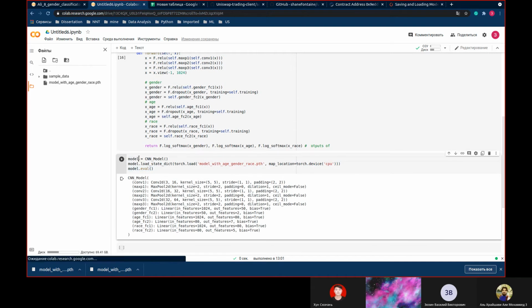And of course, you can create more than one model and store all of them, model 1, 2, 3, etc., and compare them together.